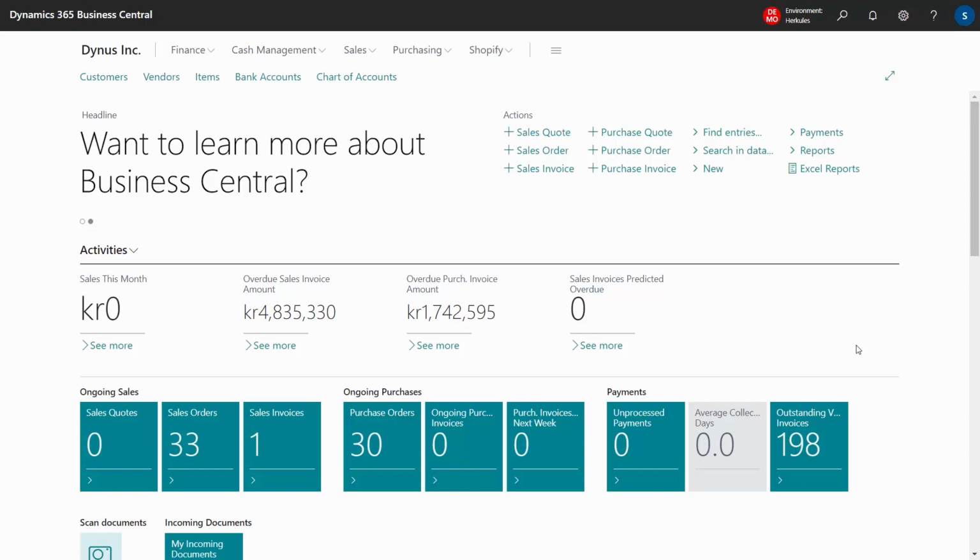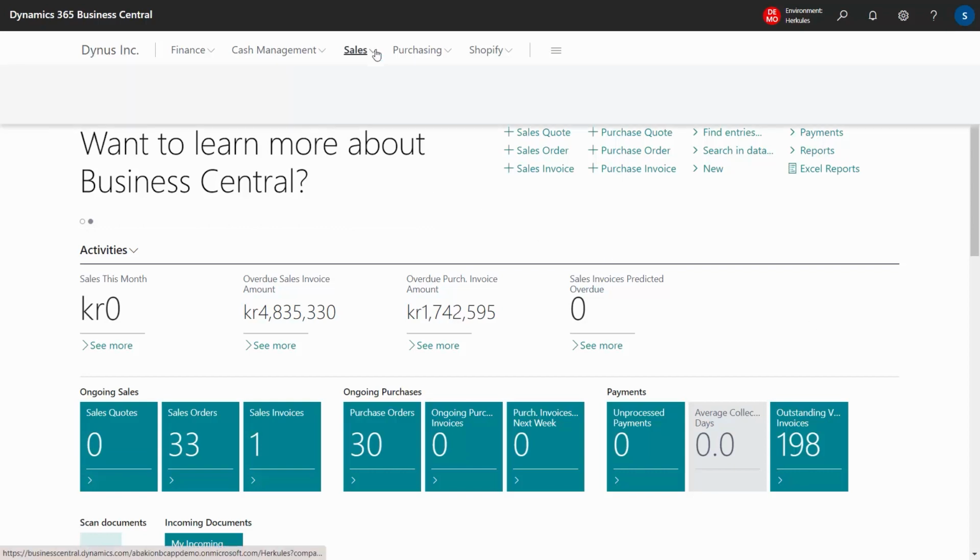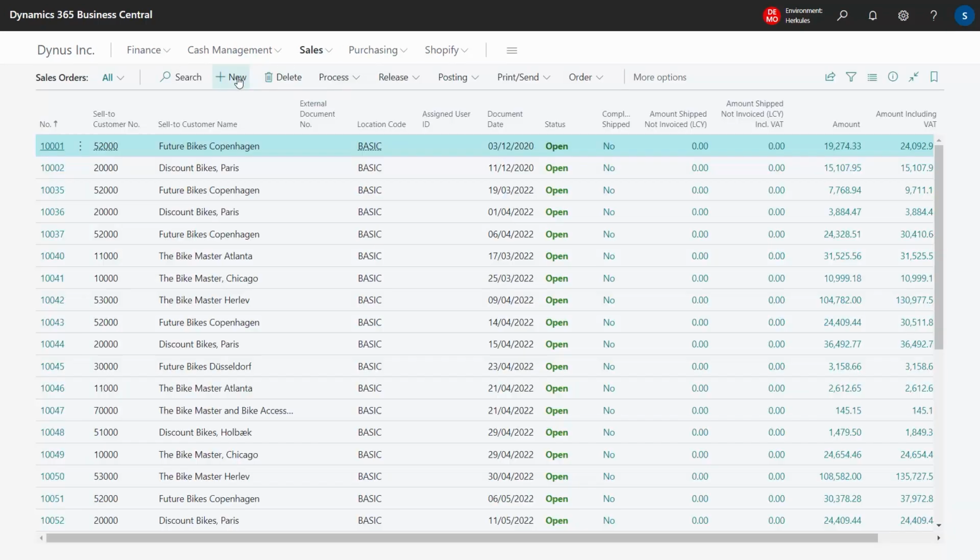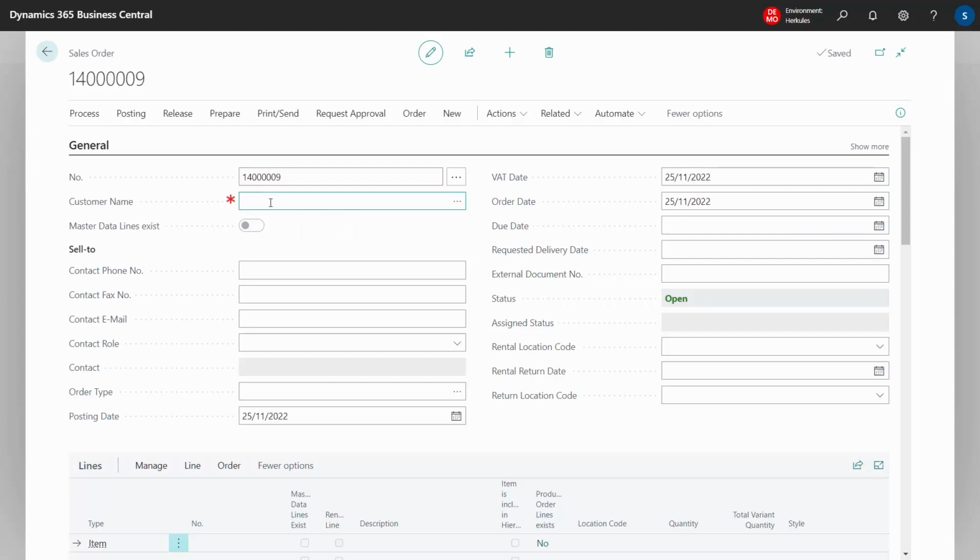We will see how master data on items, customers, and vendors can automatically be included in outgoing documents such as order confirmations, packing slips, invoices, etc. Let's begin with a simple example. We create a new sales order for a customer,